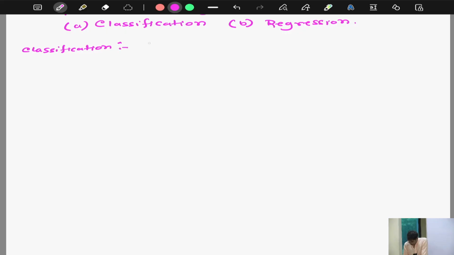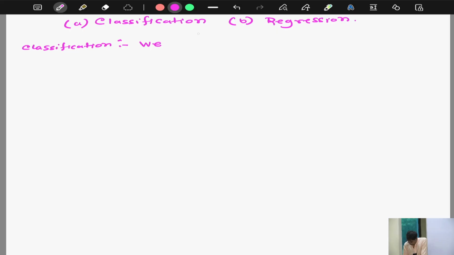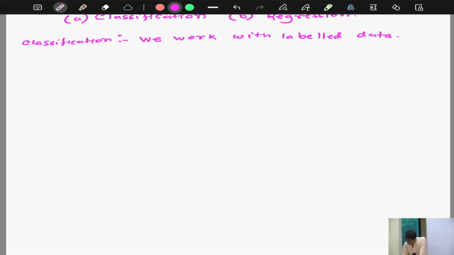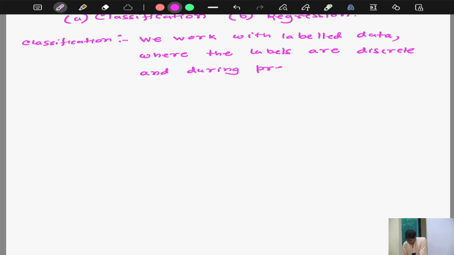So in classification we work with labeled data, so this is basically supervised learning. We work with labeled data where the labels are discrete, and during prediction,